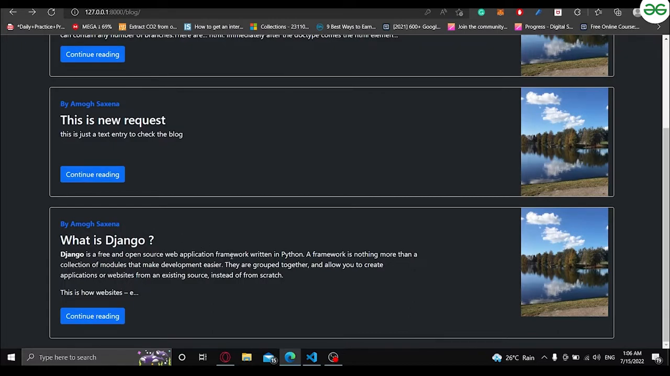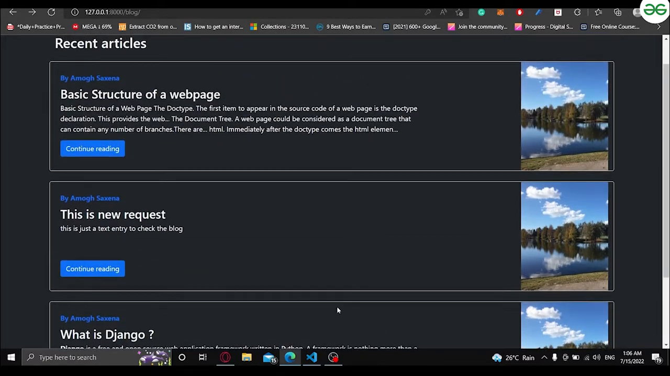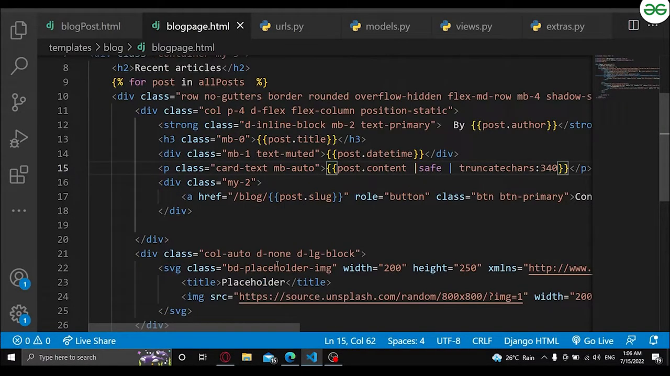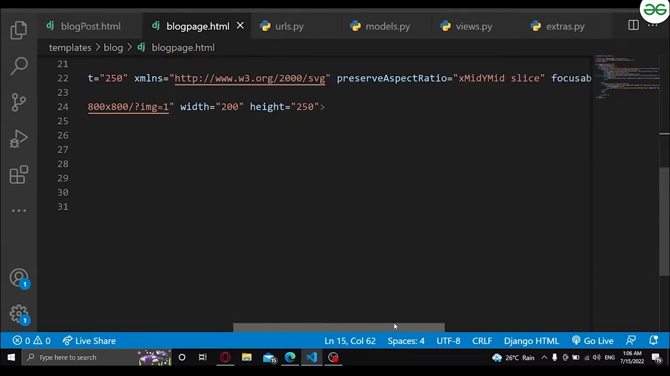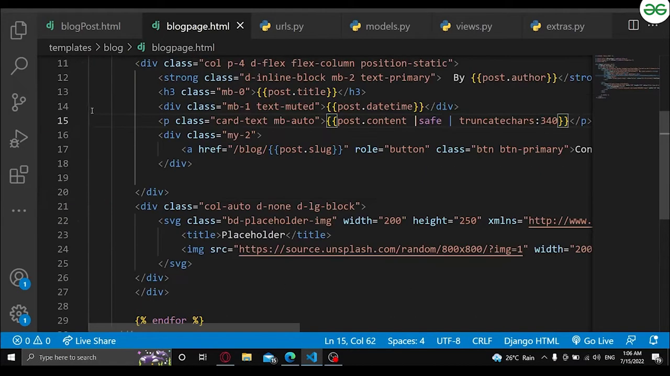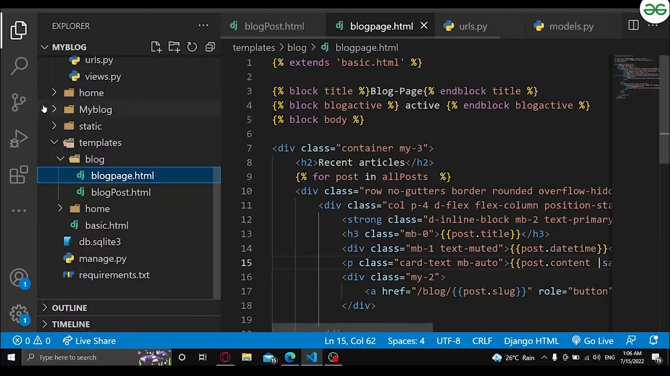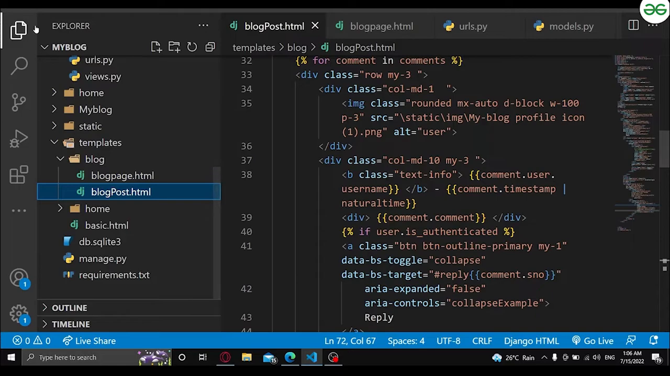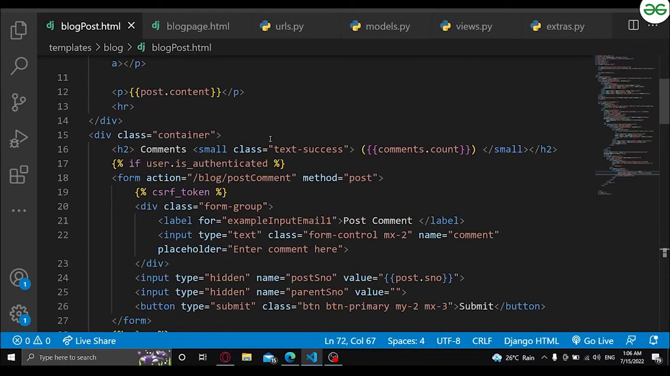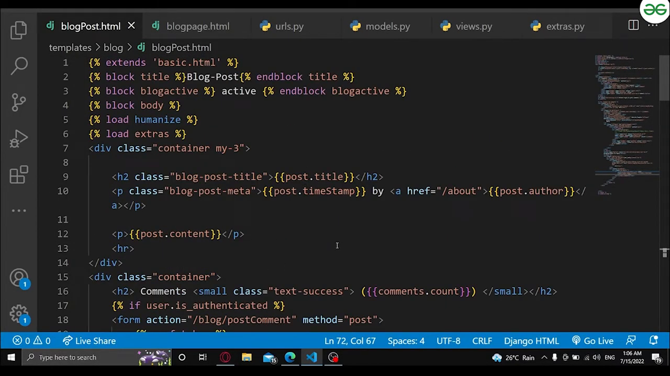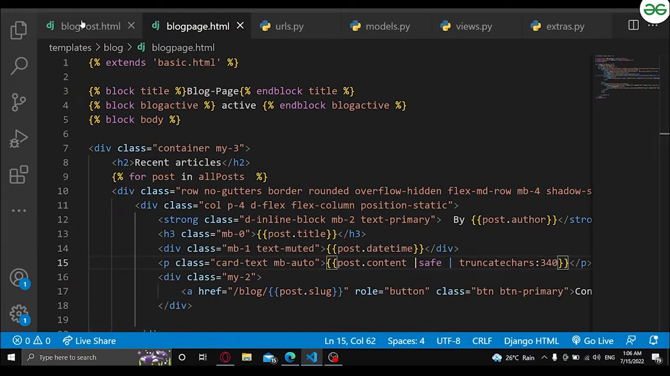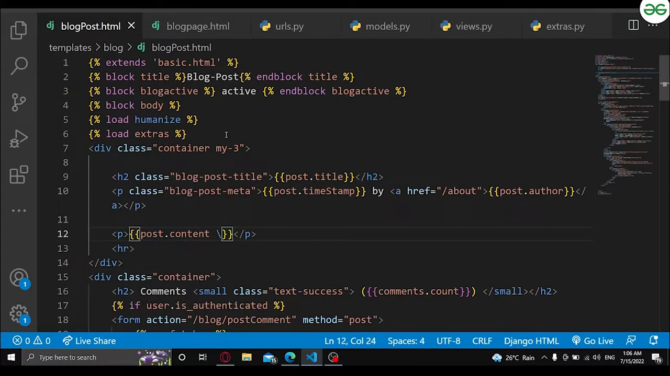What is Django? Django is an open source, right? So why is it like that? We have to check out the page, where exactly we have stored the things here. We'll go to blog post. In the blog post here, we can see the title and the timestamp and the content. So here, after the content, I'll write here as